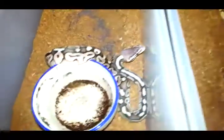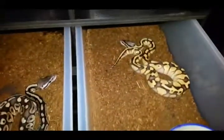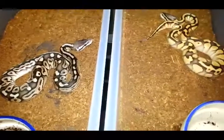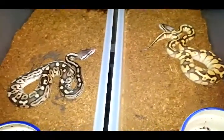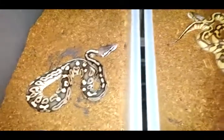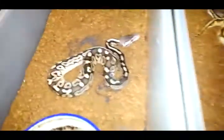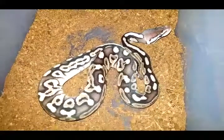Next up we have two very special hatchlings here. These two came from my first ever holdback female that I ever kept and bred. It went full circle for me. My lesser pewter female, and I bred it to a blade clown. I only had 2 eggs in the clutch and 4 slugs, but out of 2 eggs, I got this pewter het clown female, pretty neat looking, and I got this